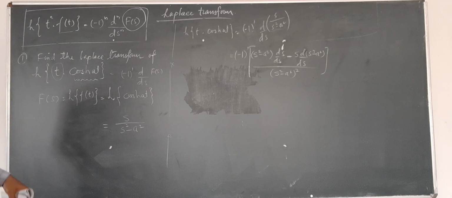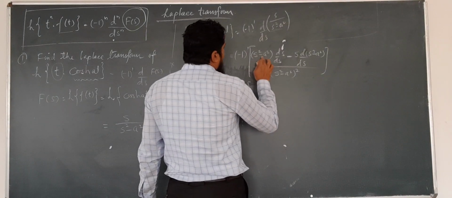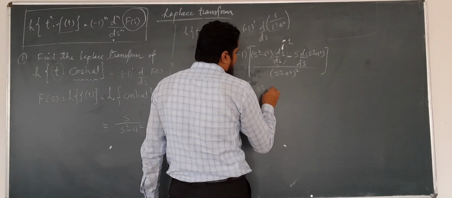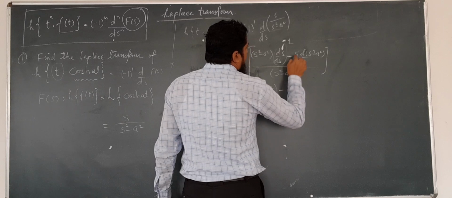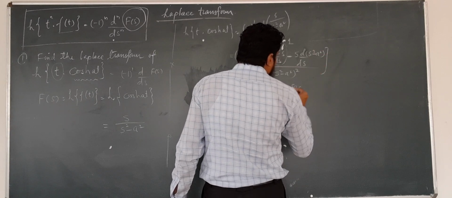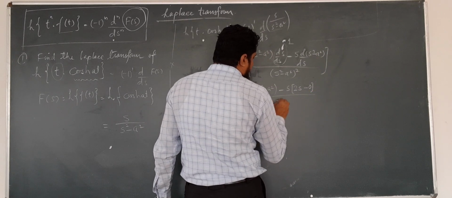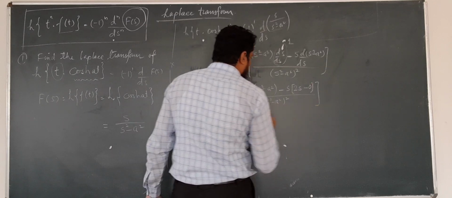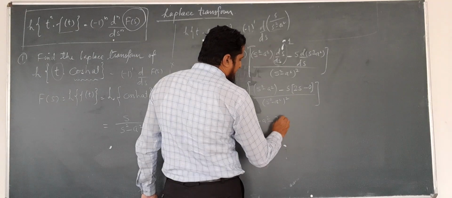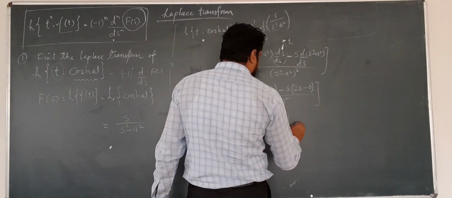and it is clearly understandable that we are using the u upon v form. So minus 1 into s square minus a square, differentiation of s with respect to s becomes 1. So we will get s square minus a square minus s, and differentiation of s square minus a square, differentiation of s square becomes 2s, and differentiation of a square, when a is constant, we will get 0, over s square minus a square bracket square. So we will get minus 1 times s square minus a square minus 2s square upon s square minus a square bracket square, and we will get minus